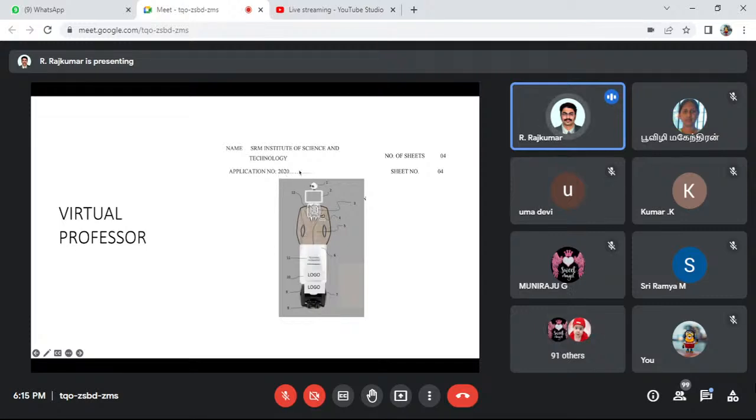So I'm not putting any kind of application here. Actually, it's a virtual processor. It's a kind of humanoid robot. From the robot, there is a camera and a display. Whenever the opposite person is there, their emotions will be captured here, and according to the emotion, the display will be movable, and the logo can